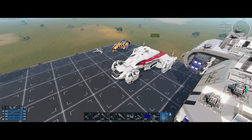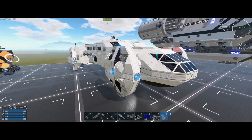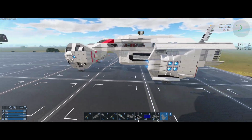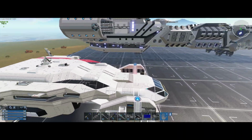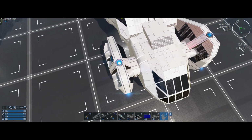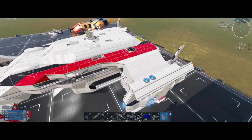Nice. Well, the next one here is the Explorer 26, and this is by TheGregorX. I saw it up there, and I thought the shape and design of it was really cool. From just the overall looks of it, I like again the constant breakups with the hull, the separate sections that are kind of based around particular parts. It gives it a more realistic feeling. Like you can almost anticipate a bit how this was assembled,